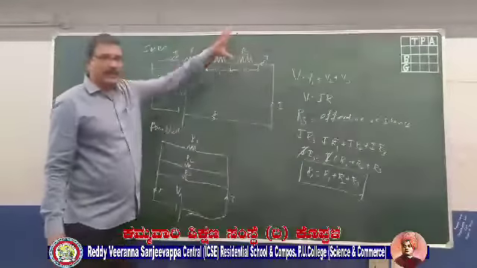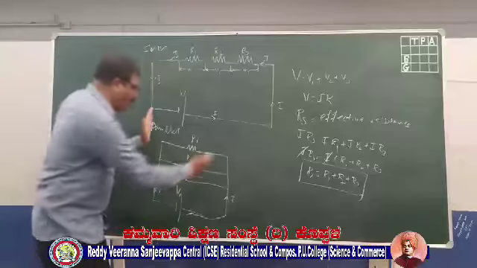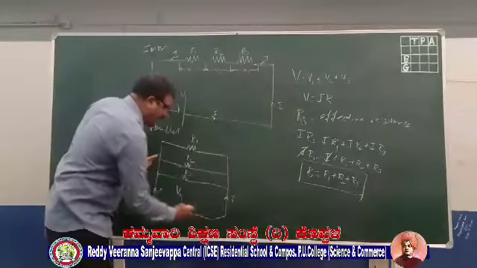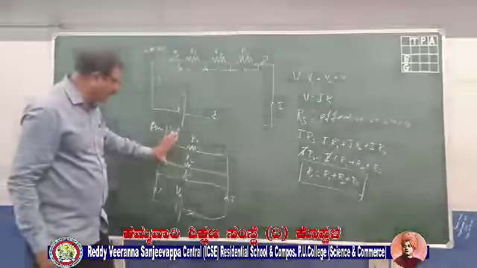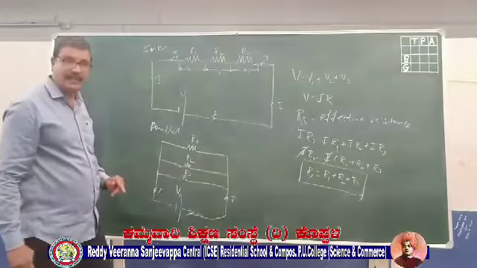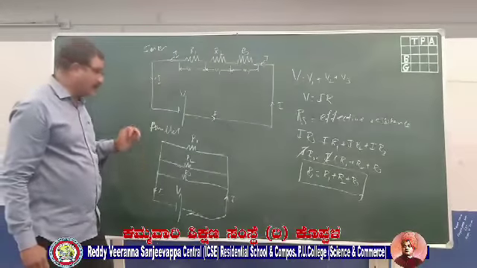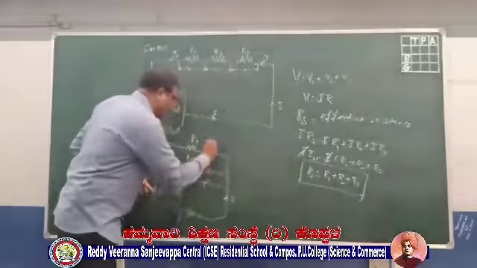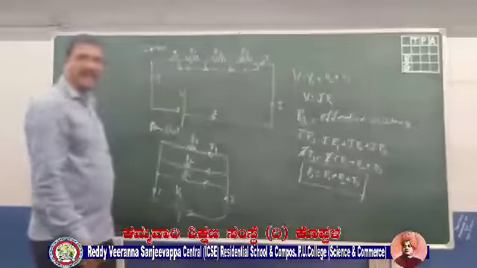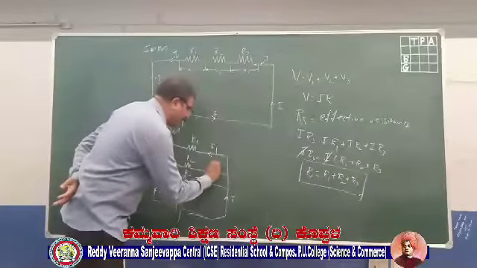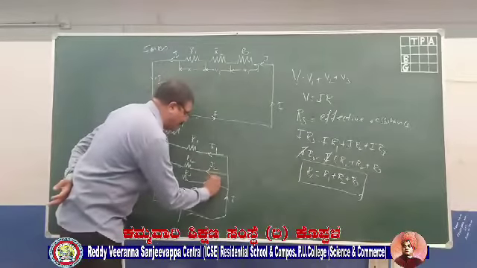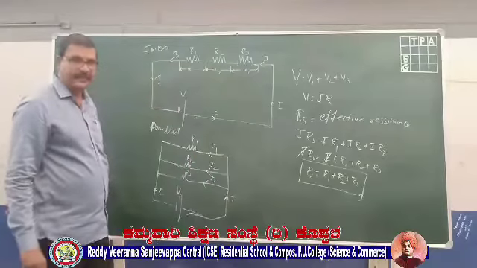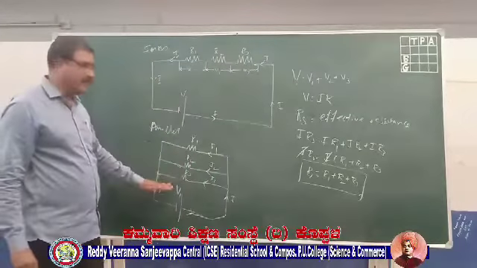Here we had different potential differences, while here all the resistors are across the same potential difference. But the current I will be varying here. So R1 will be having a current of I1, R2 will be having a current of I2, and R3 will be having a current of I3. Just try to note the difference here.